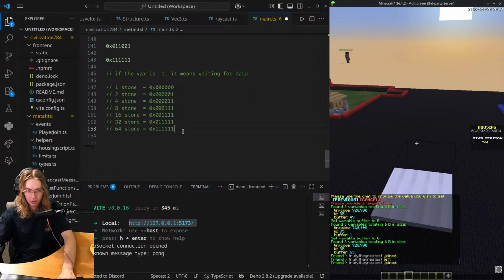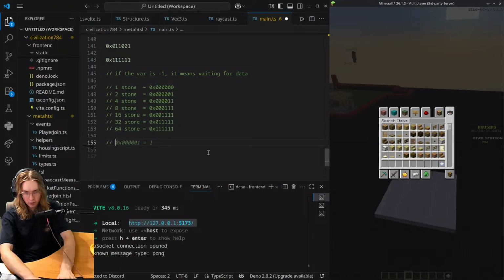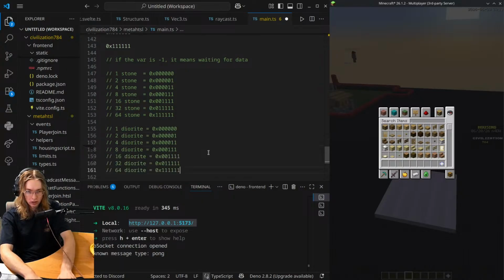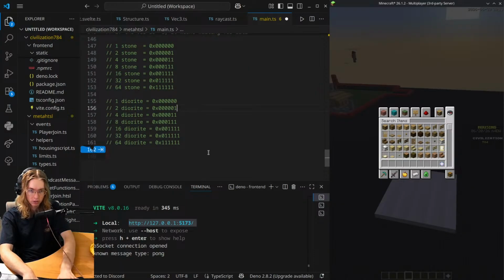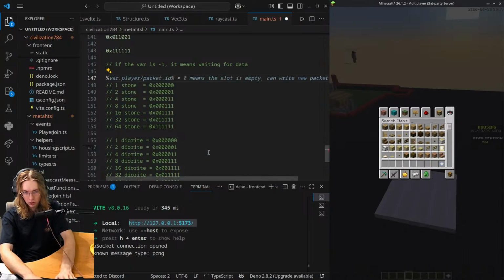But if we did that, we would only need to import one stack into one slot. We wouldn't need to do multiple types of stone, because then the next one, diorite, is the same thing, except this would be in the next buffer. So this is var.player / buffer dot